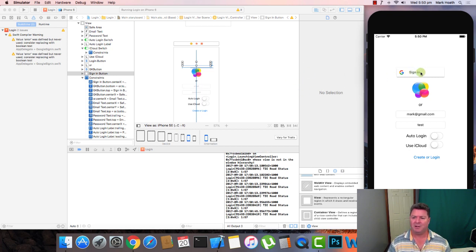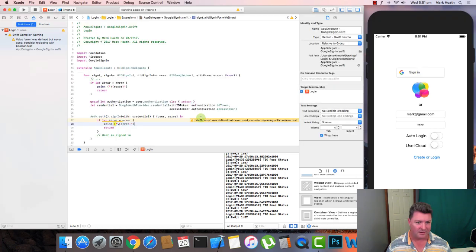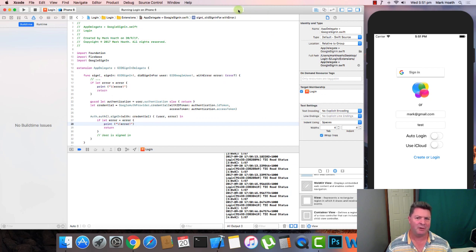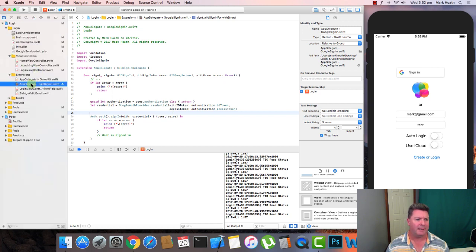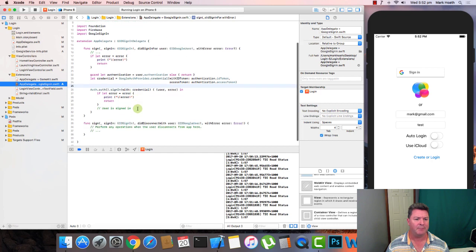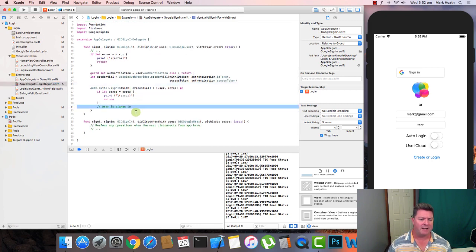Now I'm not sure what happens if we click on it. Anything at the moment. Like always, do your best to get rid of every red error. It probably won't compile otherwise, and you should get rid of all the yellow errors as well, even though they're just suggestions. If you make a big project, you can get hundreds of them, and you just get rid of them one at a time. So if we go back to our App Delegate Google sign-in,